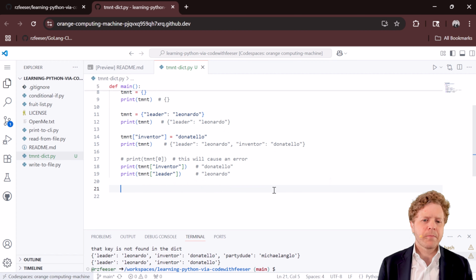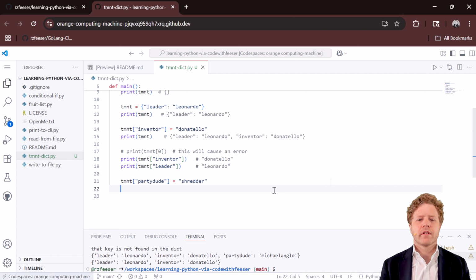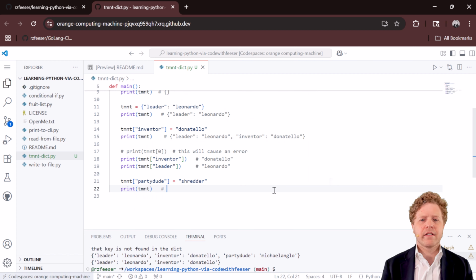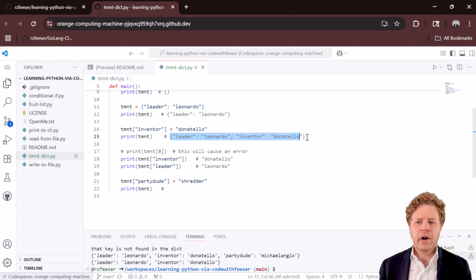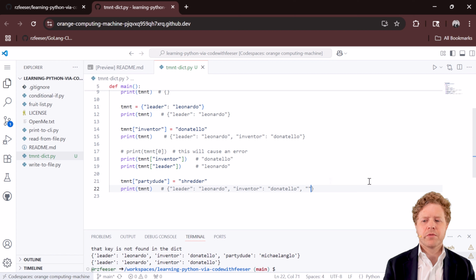Other neat things we can do with dictionaries. Let's add an incorrect value. I'm going to say tmnt, we'll add party dude, and we'll say that's equal to Shredder. And we'll print tmnt, we'll see that we now have party dude set to